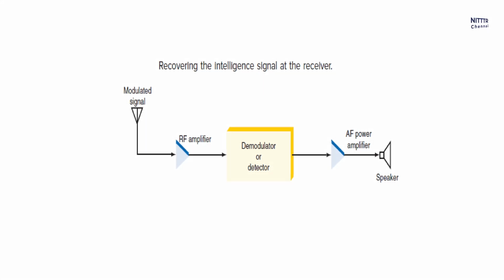The message is picked up by the receiver. A receiver is a collection of electronic components and circuits that accepts the transmitted message from the channel and converts it back to a form understandable by humans. Receivers contain amplifiers, oscillators, mixers, tuned circuits and filters, and a demodulator or detector that recovers the original intelligence signal